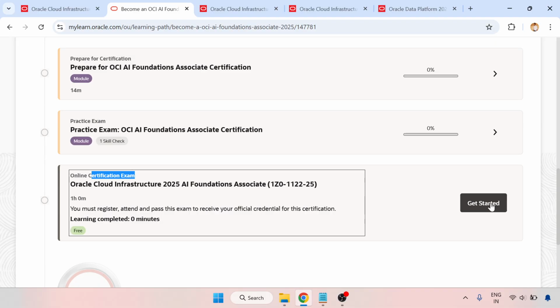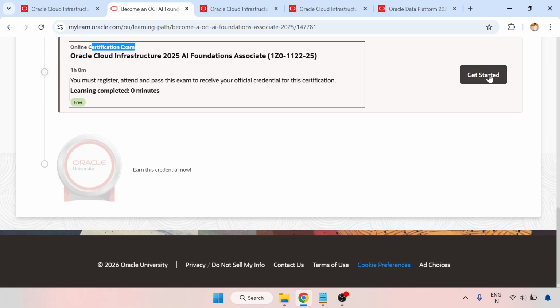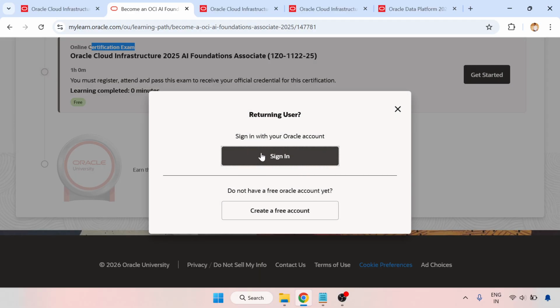For that, you have to log in. Click get started, then you will get a sign in or create your account option. When you create your account,